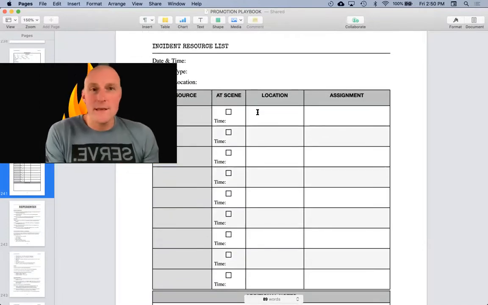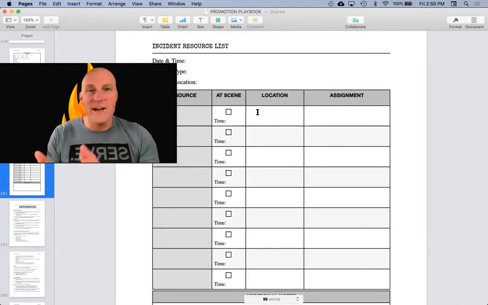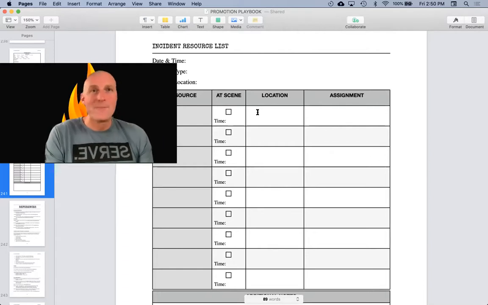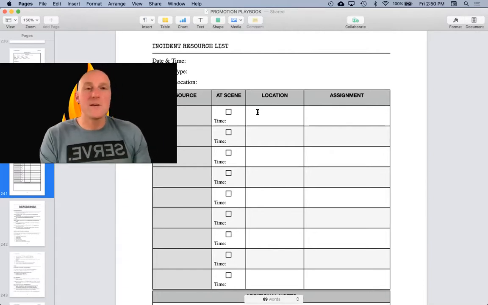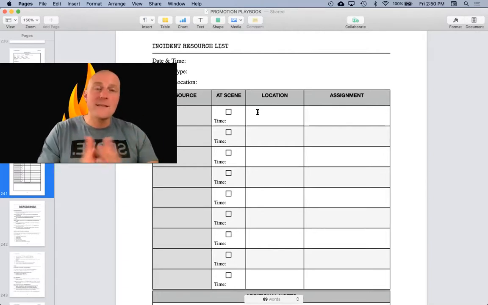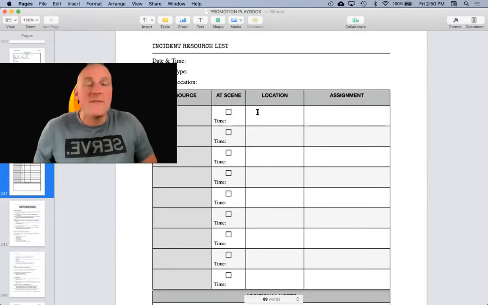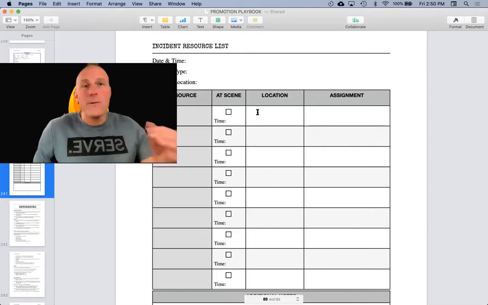Final piece of this, and then we're going to bring it to a close. This is 5 Minutes of Fire's resource list. So these are two tools. They're guidelines. They work great for me. I've helped a lot of other people that like the simplicity of these size up sheets to keep with them,